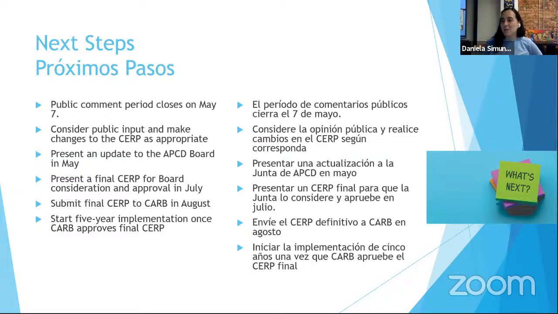And I do see that we have a board member, Georgette Gomez, with us. Thank you for being here with us. Once the CERP is approved in July, it will go on for review and approval from the California Air Resources Board at the end of the summer in August. And once that approval happens, there is a 5-year implementation period that CARB has approved for the implementation of the plan. I'm seeing that Joy has her hand up, and so I want to open it up for Joy to go ahead and make a comment.